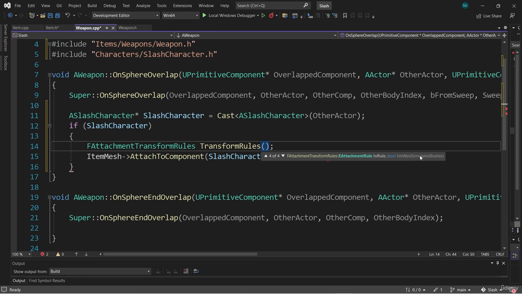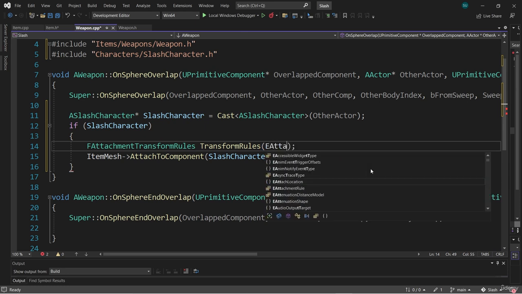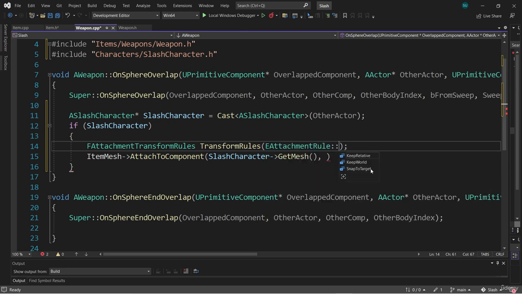And then it takes a Boolean called weld simulated bodies, again one of those parameters on the Blueprint function Attach Component to Component. So we can create an FAttachmentTransformRules with its attach rules configured. This overload will set those 3 rules, location rule, rotation rule, and scale rule, to whatever we pass in here. And we can pass in that enum by entering EAttachmentRule::, and we can see the different options